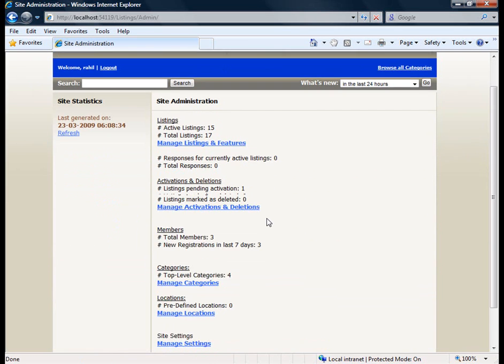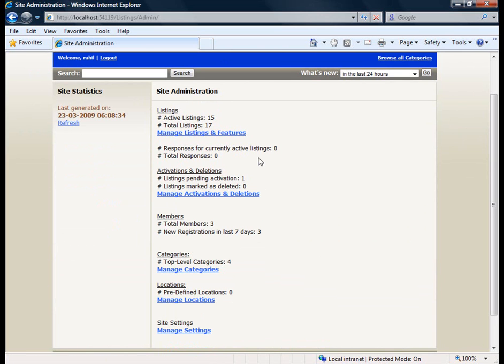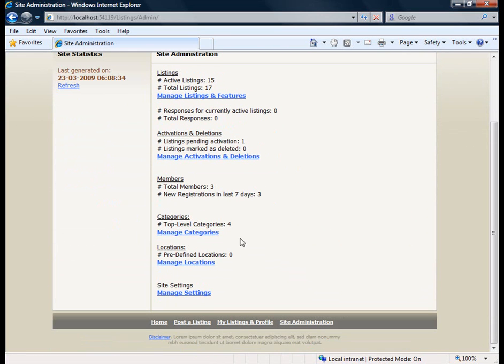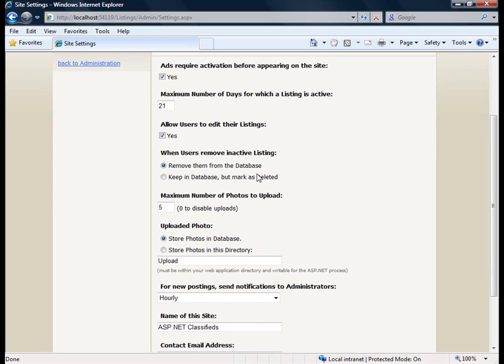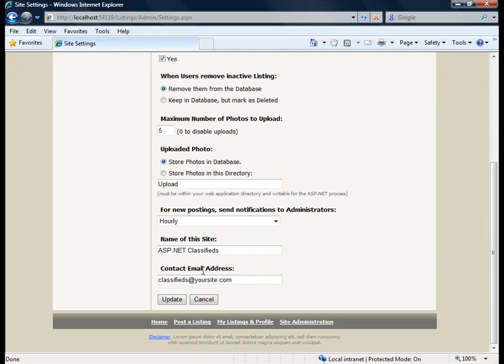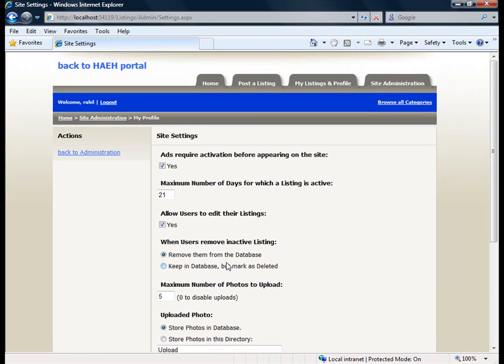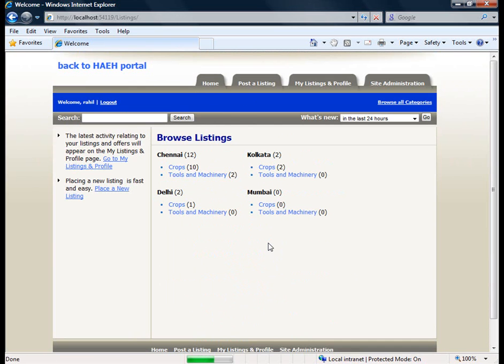Similarly, the site administrator has other features where he can manage other listings and features, manage the different categories which were listed, and the locations and all other such settings. In manage settings, he can also approve the ads required, if they require activation, how many days they are going to stay active, how they are going to be edited, the database management and all other such issues, and he can have email updates. Again, going back to home,